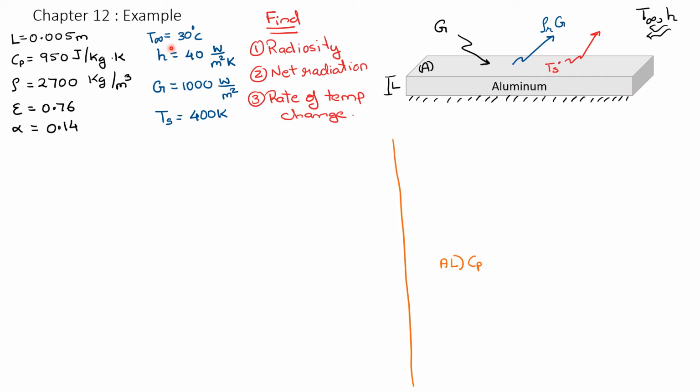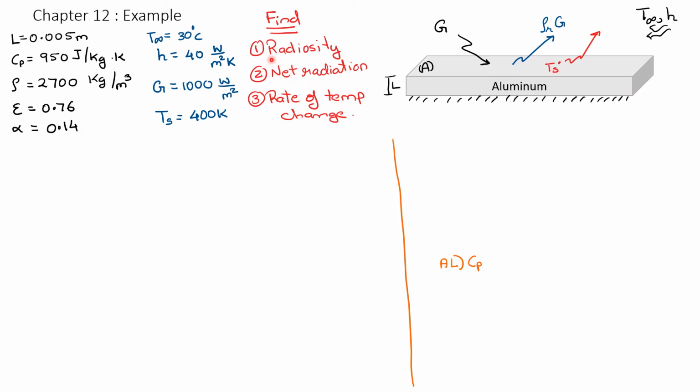The temperature T infinity is 30 degrees, h is 40 watt per meter square Kelvin, and we know the dimensions of the aluminium block. Thickness is 0.05 meters. The heat capacity of aluminium, I've looked it up, is 950 joule per kg Kelvin. The density is 2700 kg per meter cube. Emissivity of aluminium is 0.76 and the absorptivity is 0.14,